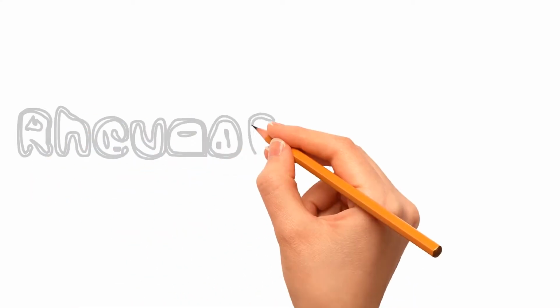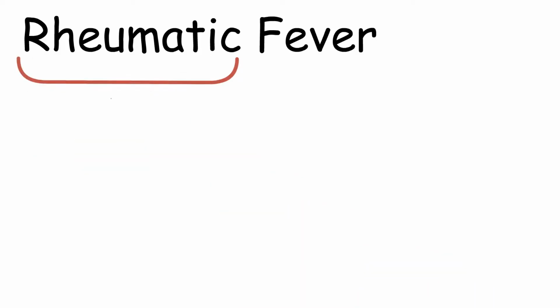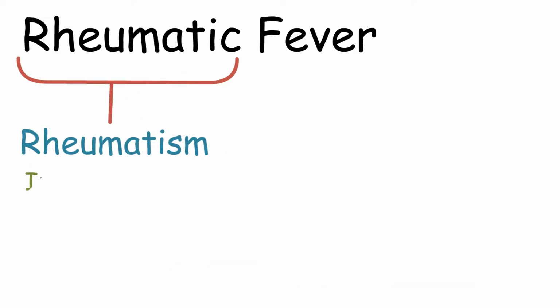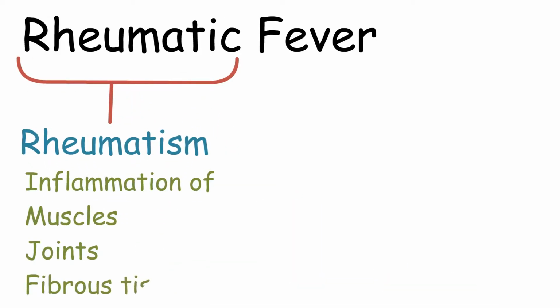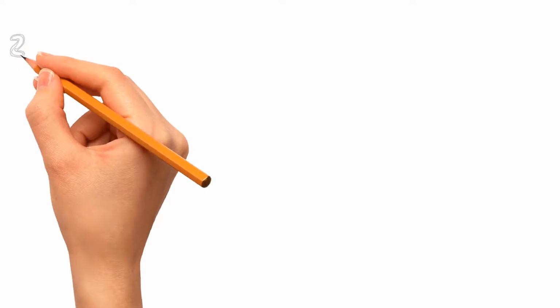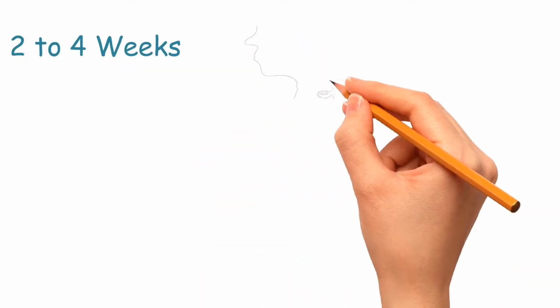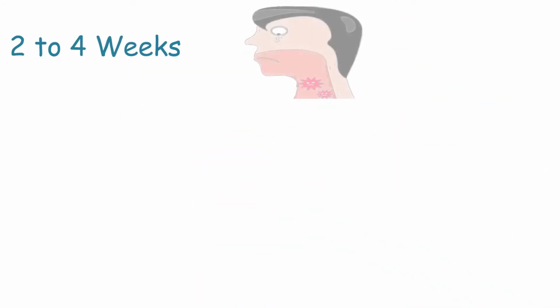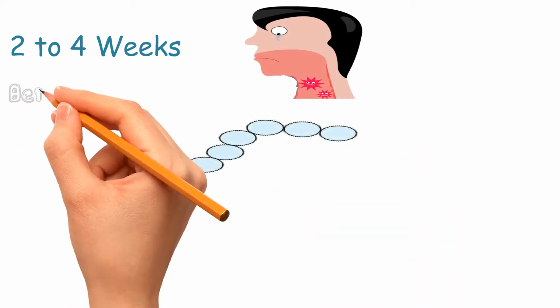In this video, we will be discussing rheumatic fever. The term rheumatic is derived from rheumatism, which means inflammation of muscles, joints, or fibrous tissues. So, it's an inflammatory disease that can involve the heart, joints, skin, and brain. The disease typically develops 2 to 4 weeks after a bacterial throat infection, which is caused by beta-hemolytic group A